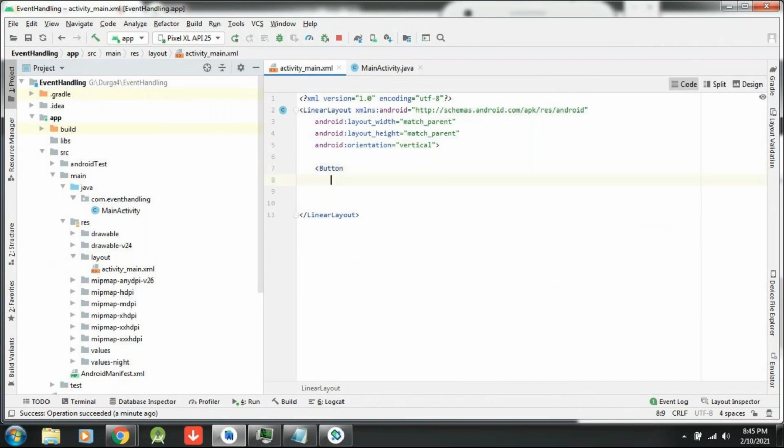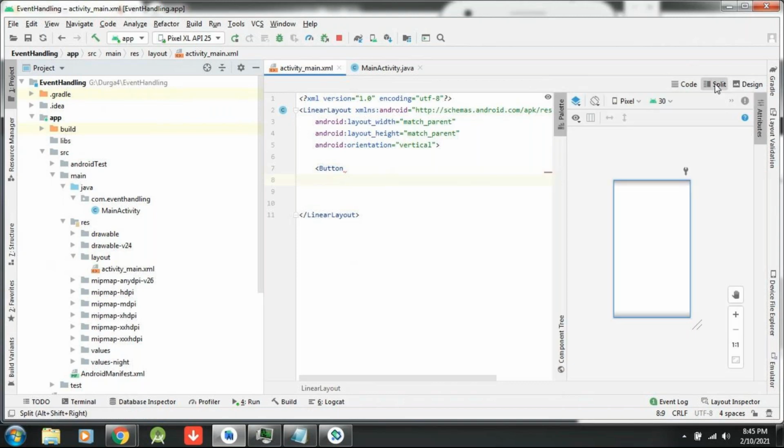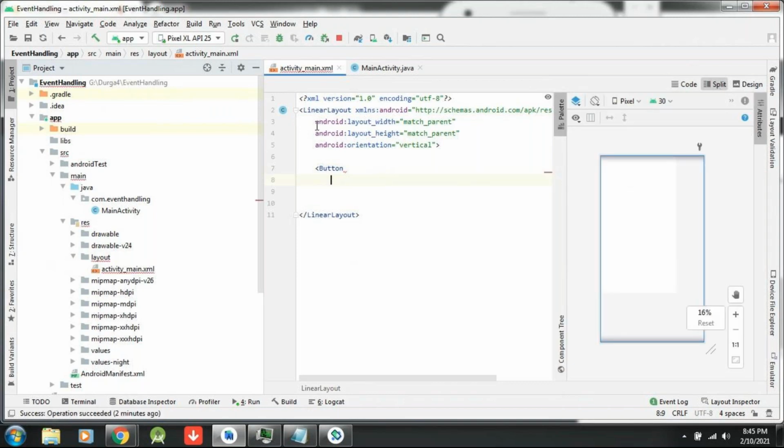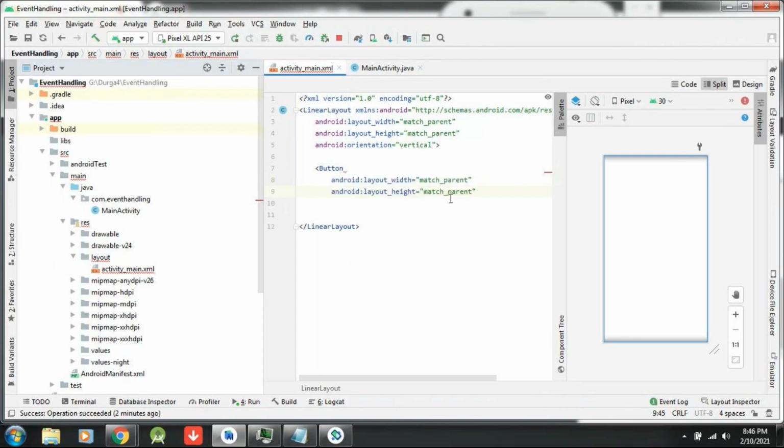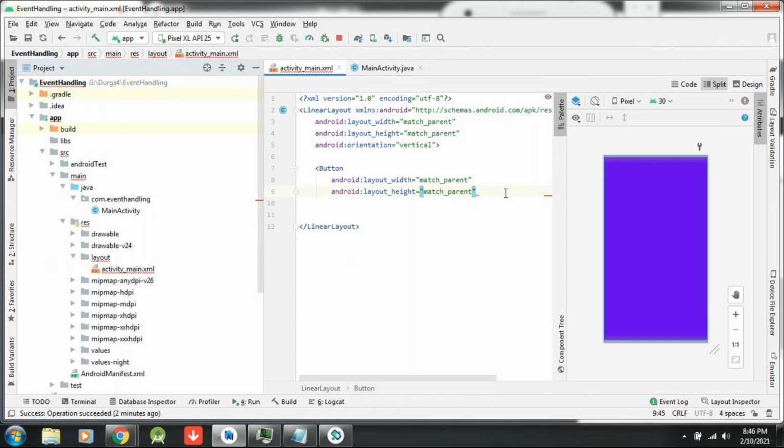So, button. For the button, it is mandatory to write width and height properties. Without writing width and height, it is not possible for us to create a button. So here I am adding these two properties. Button width match parent is fine, but if I write match parent for the height also, then in a single screen it will come as a large one.